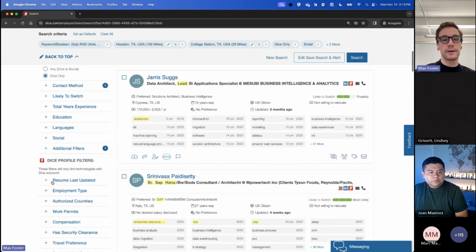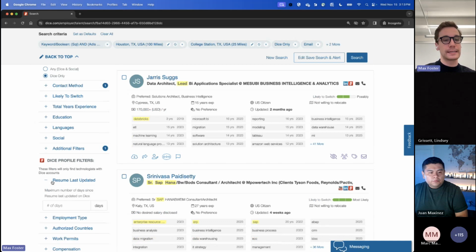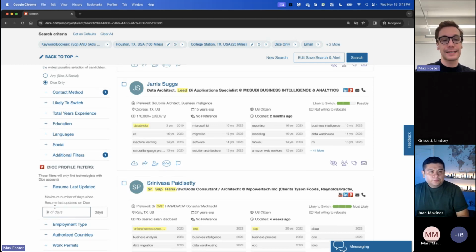There is one other quick feature down here, which is resume last updated, right? If you type in any number down here for the last number of days, that's also very similar to last active on Dice, but this is specific to that resume, which obviously is a very leading indicator for people looking for jobs, but it's not the only indicator, right? Especially if we're trying to pipeline here for 2024. I'm sure everybody on this call is thinking about it. Okay. John, I hope that answered your question.